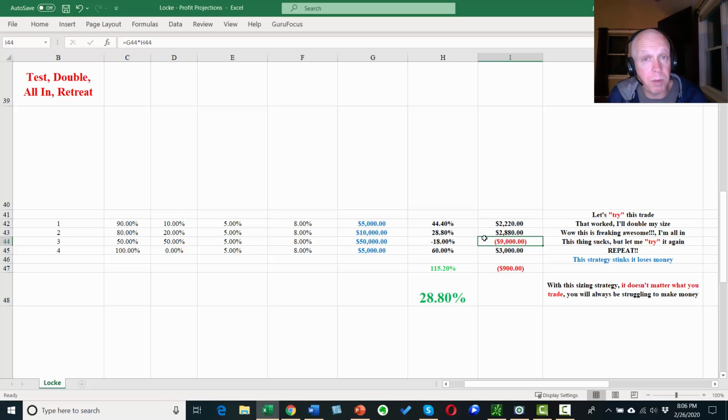Now, at this point, they're probably going to switch strategies. A lot of people, probably 50%, switch strategies. 10% stop trading altogether, and maybe the other 40% come back in and they test. But either way, even if they go to a new strategy, they're going to be testing, right? So they come in on the next year, and wouldn't you know it, the next year we have one of those good years where we win 100% of the time.